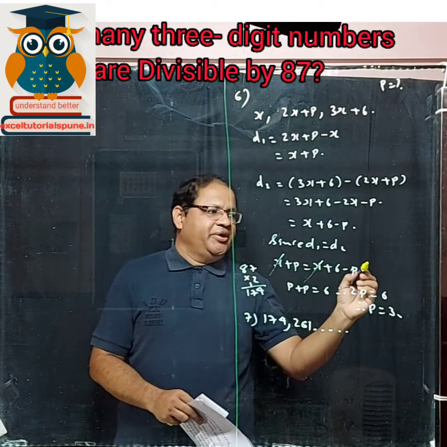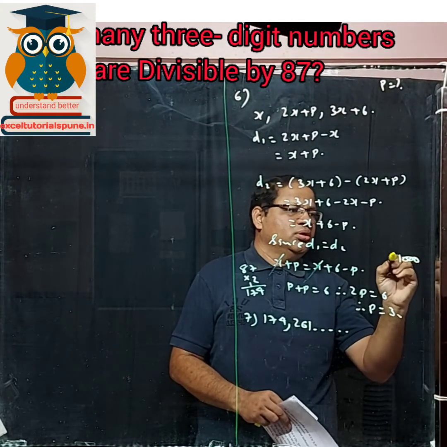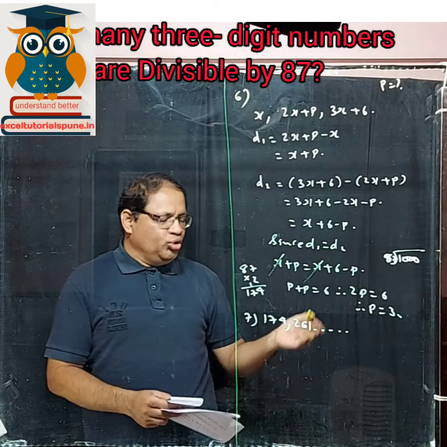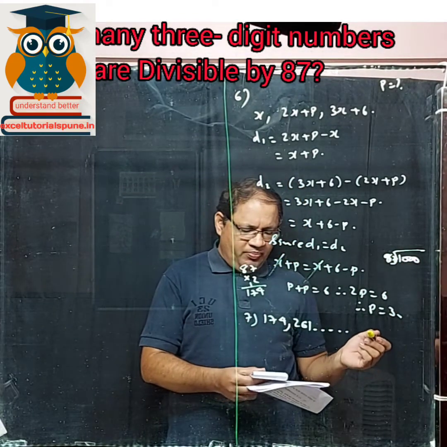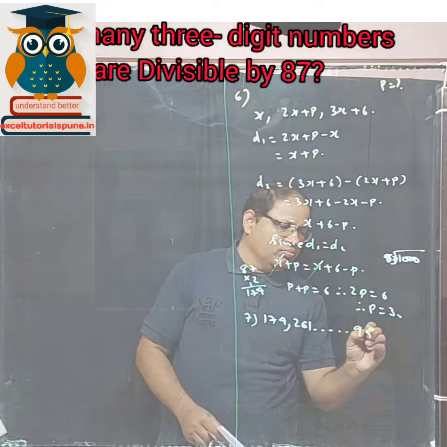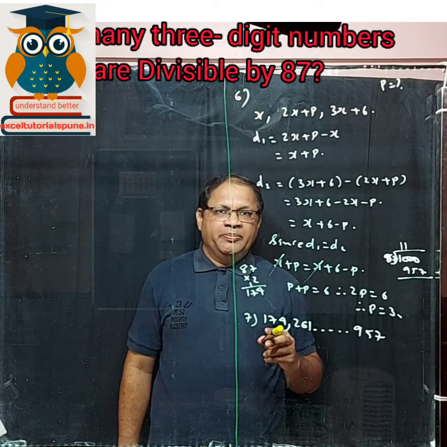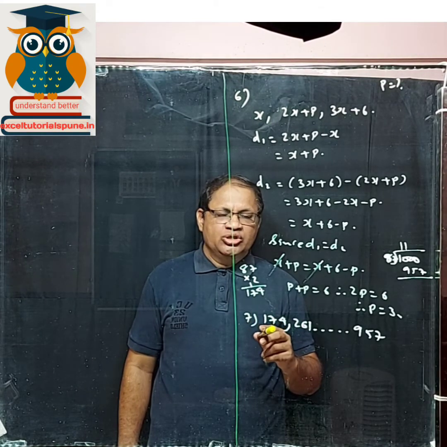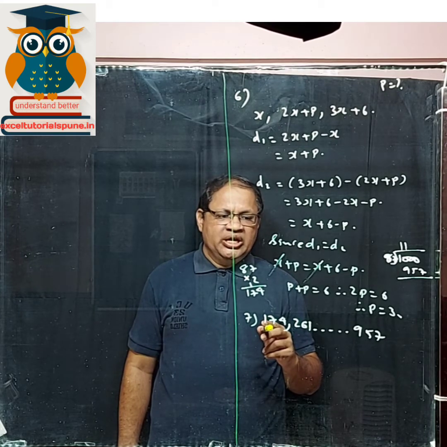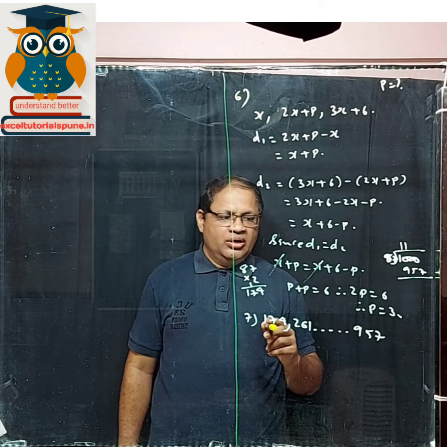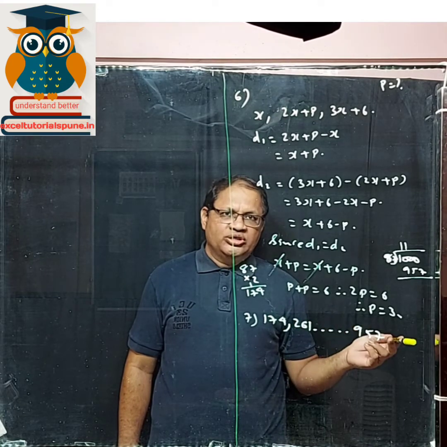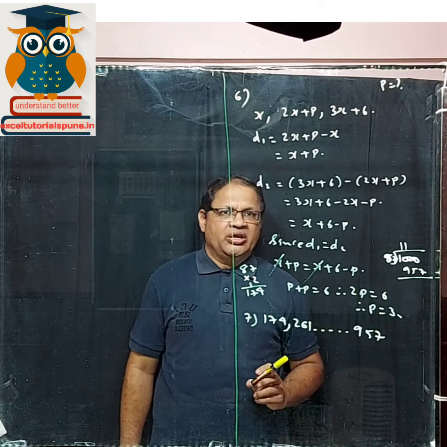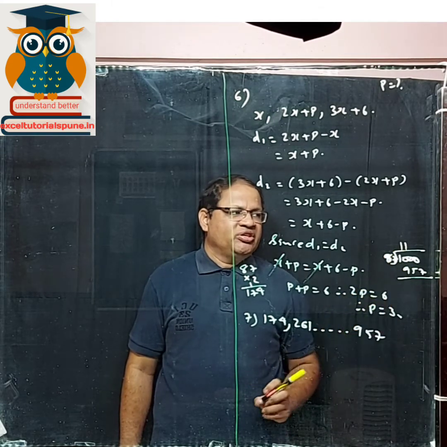And the last 3-digit number which is a multiple of 87, for that you have to divide 1000 by 87. When you divide it, you get the last number as 957. The first number we get by multiplying 87 into 2, that is 174. So 174 is the smallest 3-digit number which is a multiple of 87. And then D is 87. And the last number, how do you get? You divide 1000 by 87. So 87 elevens are 957.